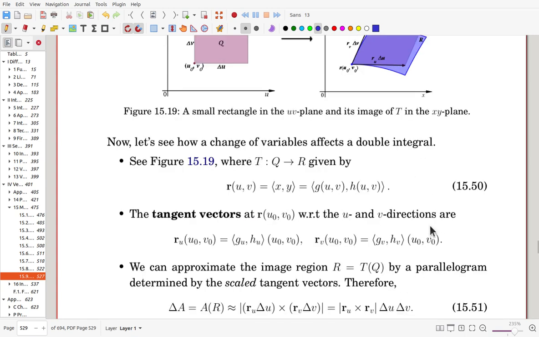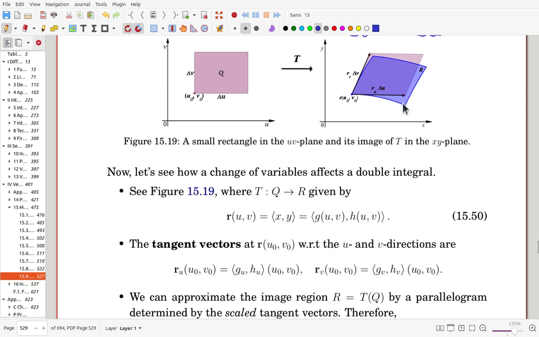Now, obtaining the area of that exactly is not easy. So here we try to approximate this region by using the parallelogram. We try to get the image of this one, so that for the R function here, R sub U,